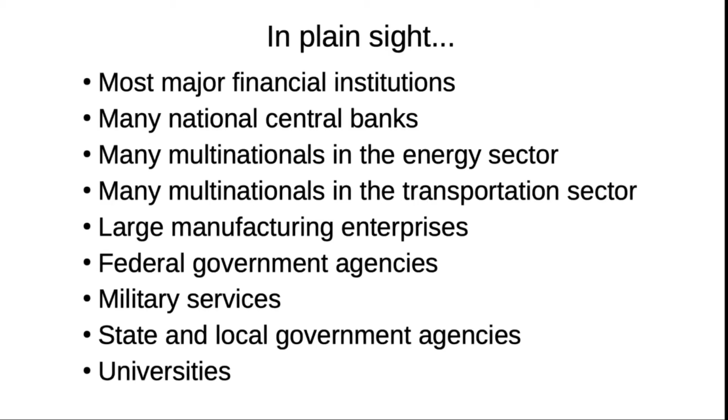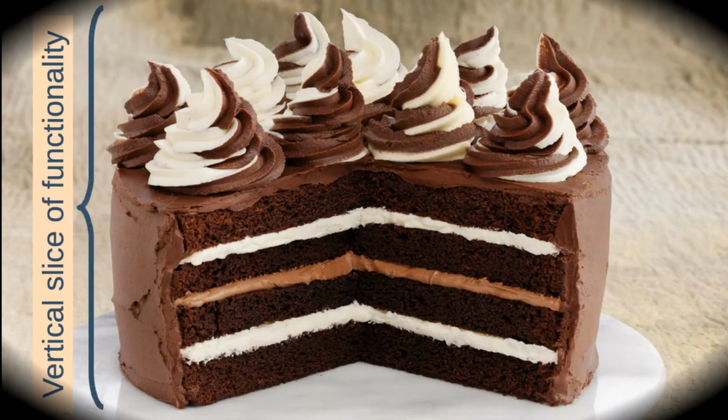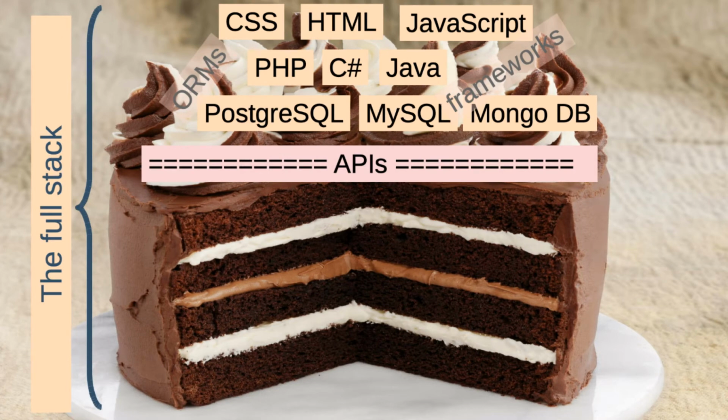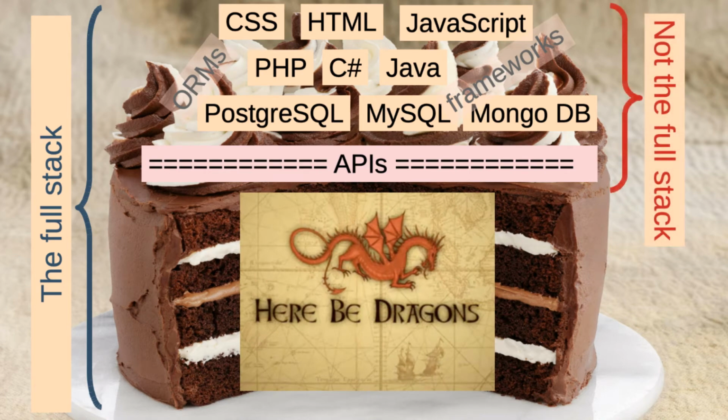running most of the truly significant business data processing operations around the world, including about 80% of all financial transactions worldwide. You know how agilists are always going on about vertical slices of functionality? Well, if you deliver changes to the mobile app, the web front end, the presentation tier code, the tactical database, and the mid-tier application server code, but you don't deliver corresponding changes to the back-end code, the systems of record, and the enterprise database, have you actually delivered a vertical slice?